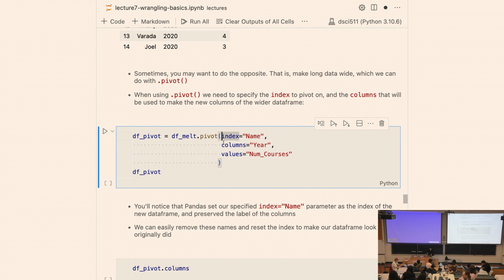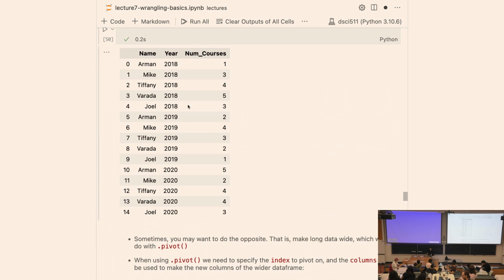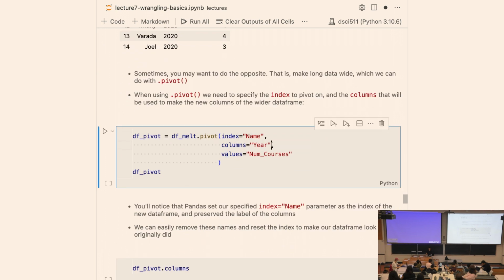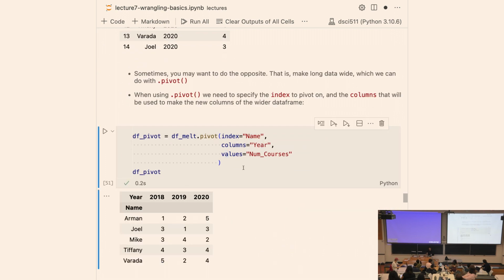And then in the columns parameter here, we specify which one of the columns inside of this long table I want to pick and extract the unique values out of, and then put as separate columns in my pivoted table. So here, I'm saying that index is name, that's the one that I want to keep, and then look into the columns,